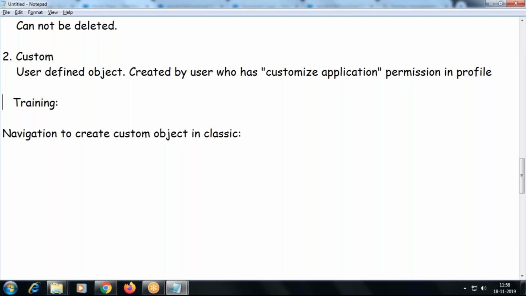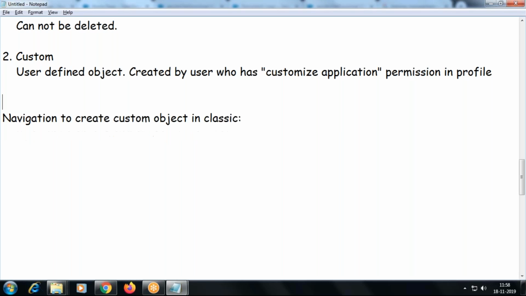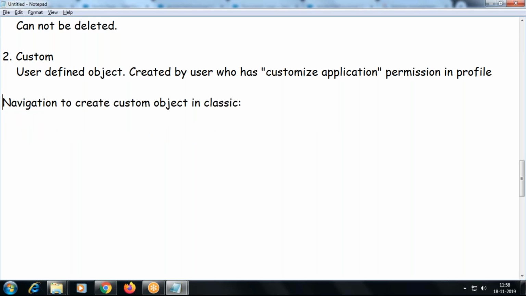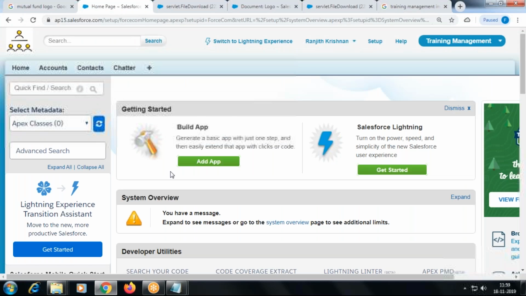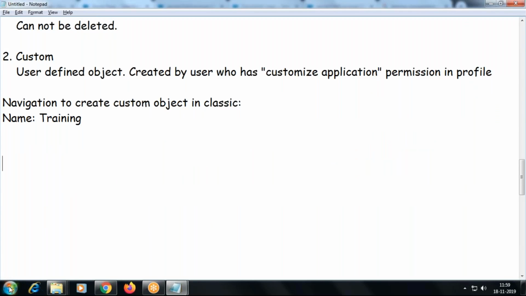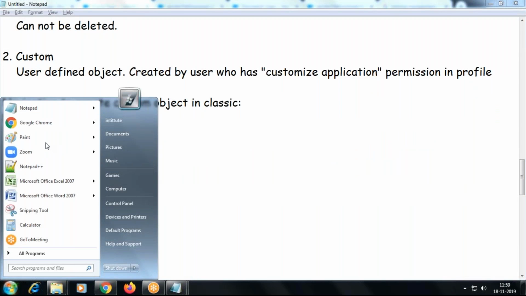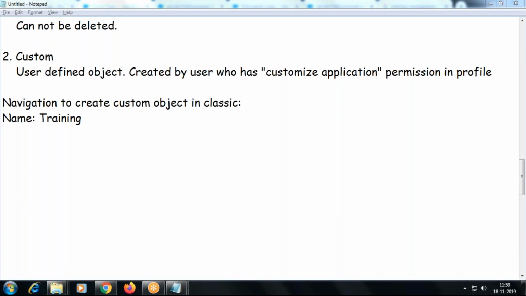In classic, how are we going to create the object? Anyway, detailed notes I'm going to upload later. Before I create the object, I'll give some basic information about the object.